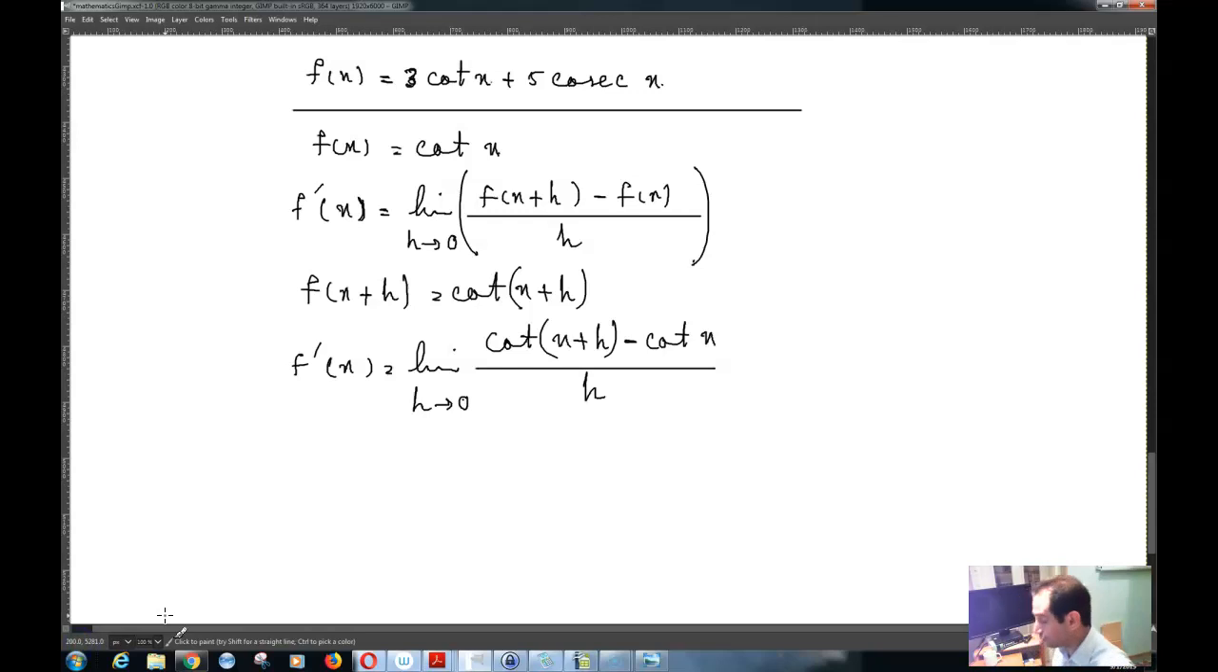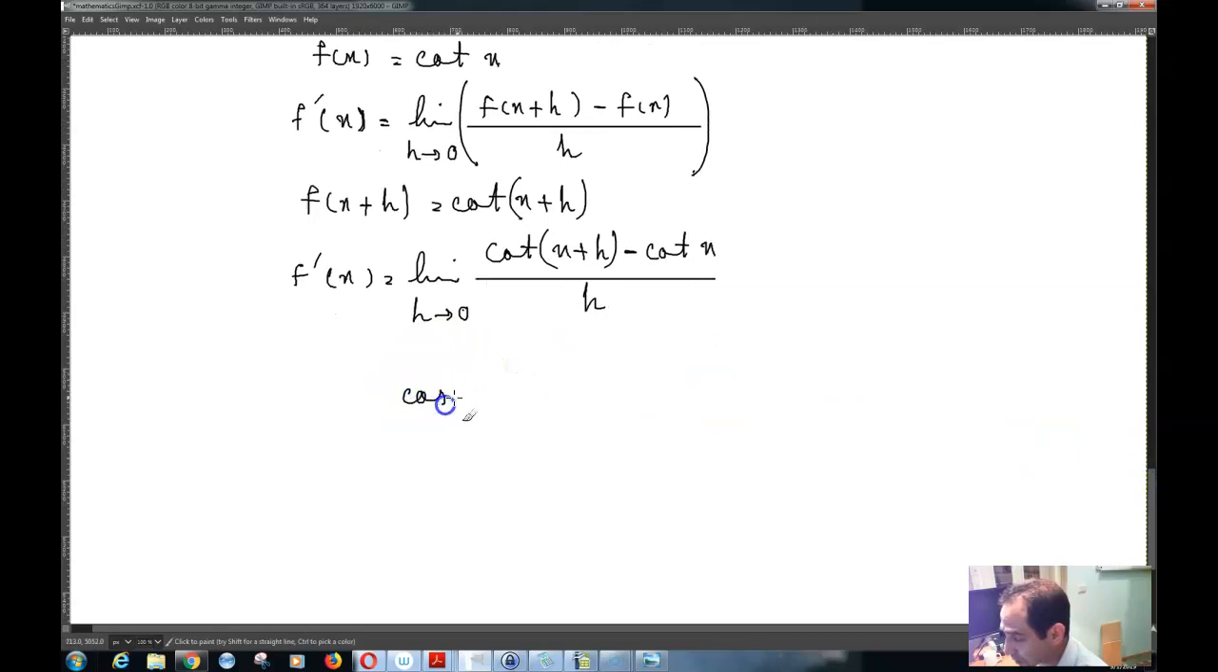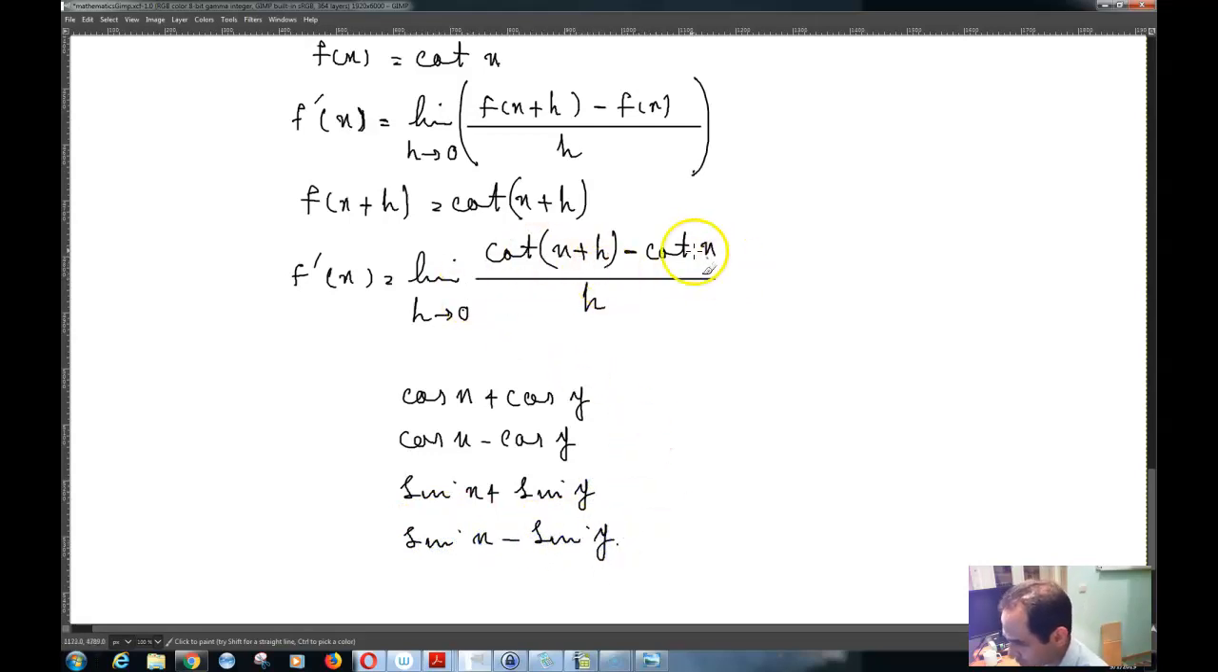Okay, so now since the formulas that we have are only in terms of cos and sine, meaning that all we have is cos x plus cos y, and cos x minus cos y, and we have sin x plus sin y, and we have sin x minus sin y,